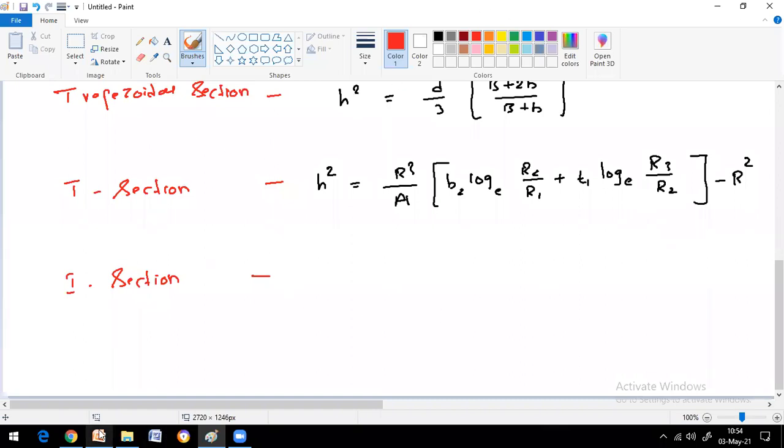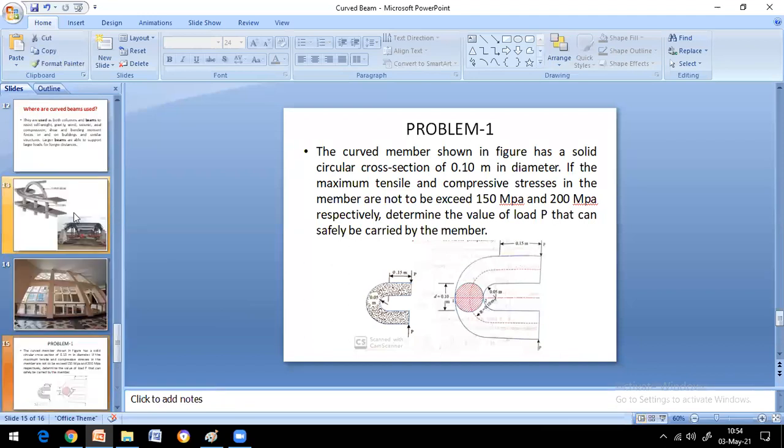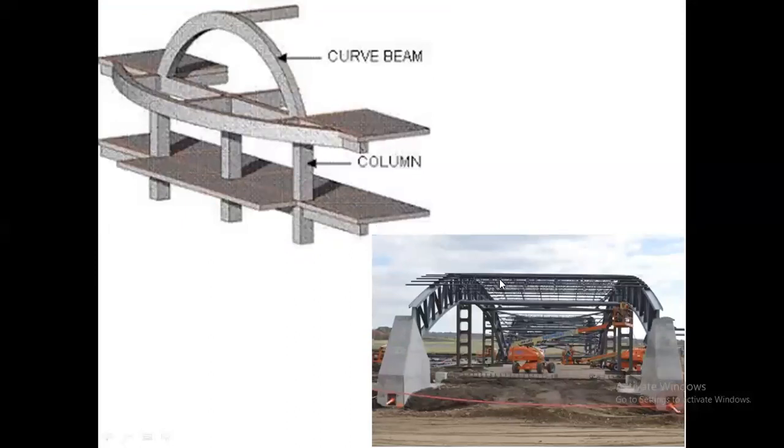In the previous class, when I showed you the presentation, these are the applications. If you see the curved beam, which is made up of steel sections, here the steel section is not a circular section, right? The complete curved beam is made up of, if you see keenly, the top section, please follow my arrow mark, this is an I section. So with the help of an I section, the curved beam is going to be made.